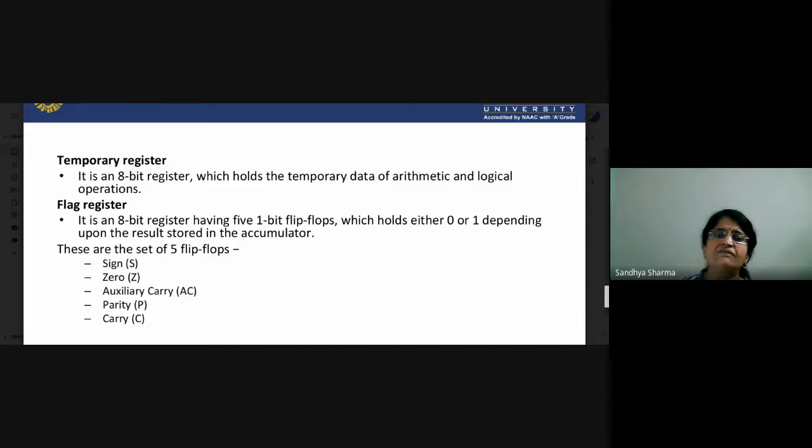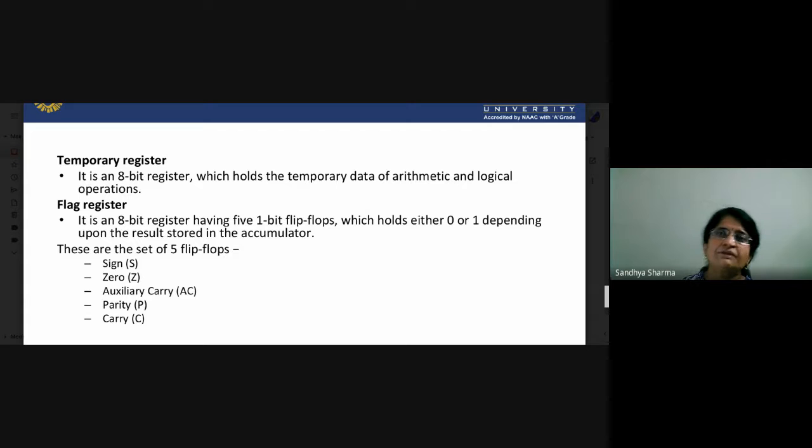According to your result, and if a carry is generated, your carry flag will be 1. So this is odd parity, even parity. According to that, these 5 flip-flops will be set or reset, as we have seen in our previous lectures how flip-flops work. So according to that, our flag register also works.